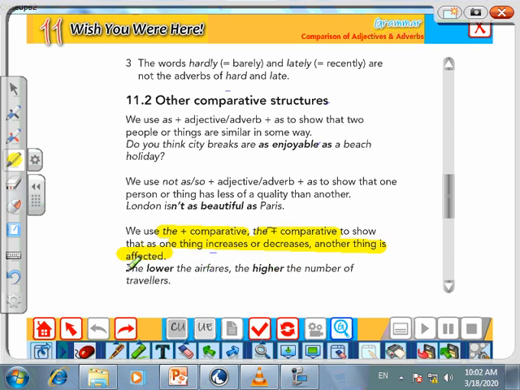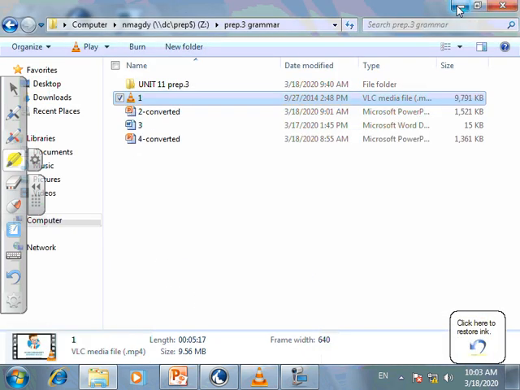So what did I do here? I put the word the and then the comparative form, which is for short adjectives -er, for long adjectives I put more before the adjective. And here, comma, I put again the, plus the adjective. If it's a short adjective, again I put -er, if it's a long adjective I put the more. The more expensive or the more beautiful. Understood this part?